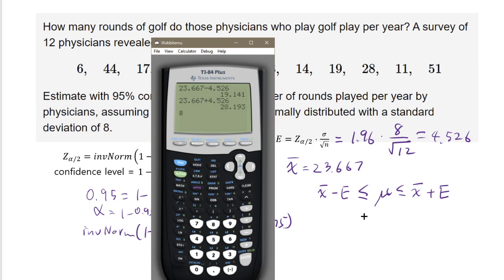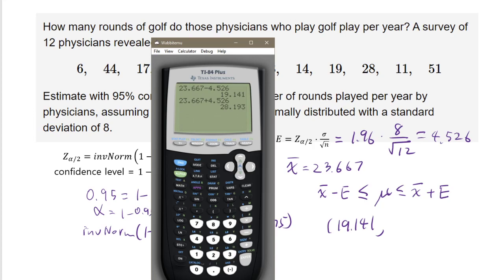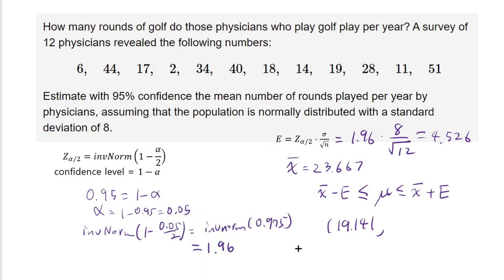Okay, so 19.141, comma, 28.193. Okay, so that will be the interval